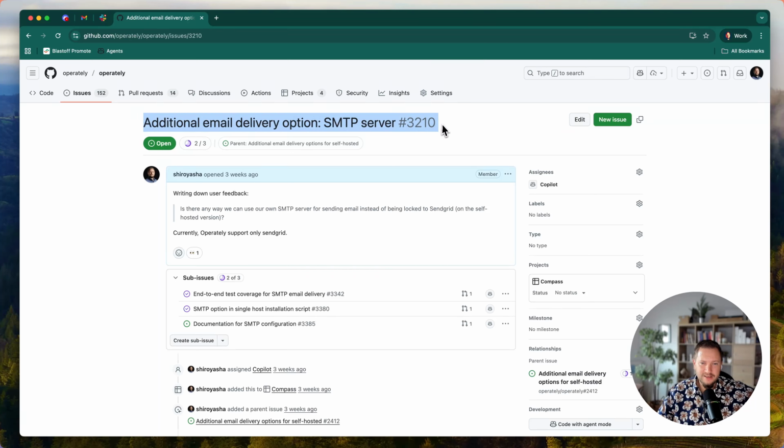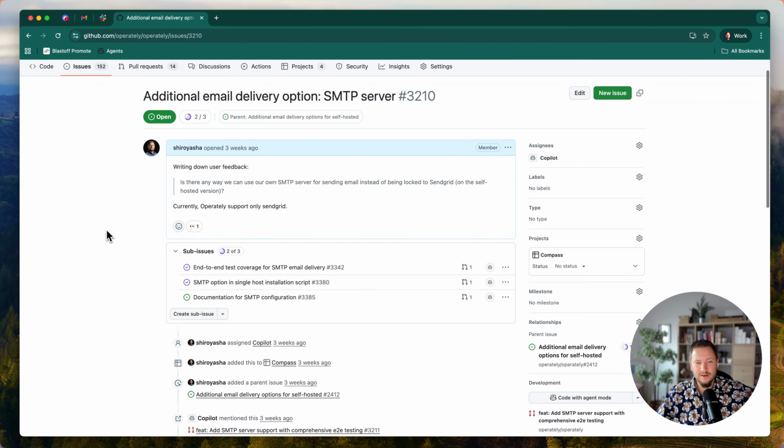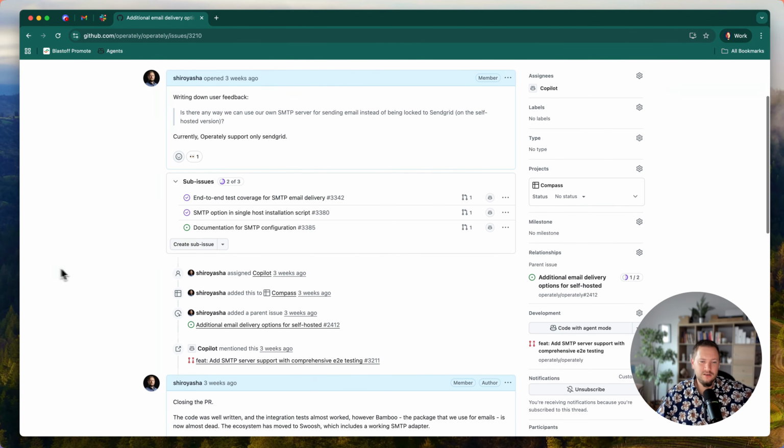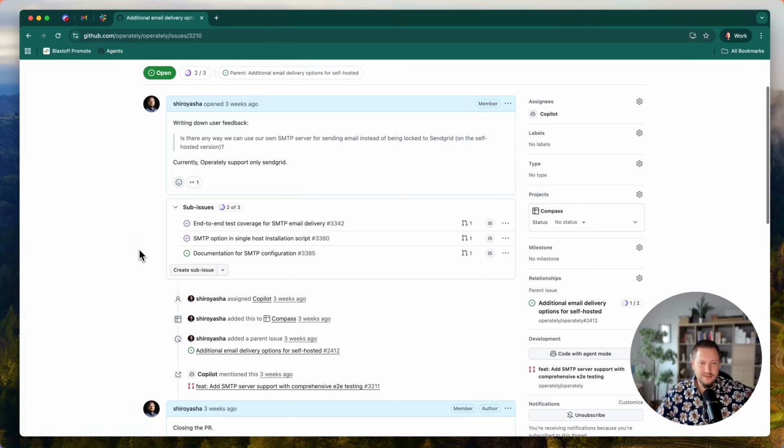Instead of just blindly jumping into this, I already have enough experience with GitHub Copilot that I know I need to break it down into smaller steps. And I use sub-issues on GitHub to break it down. So the first thing I do is